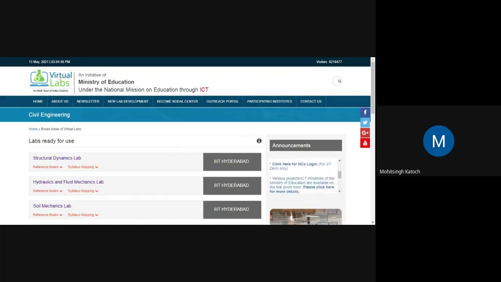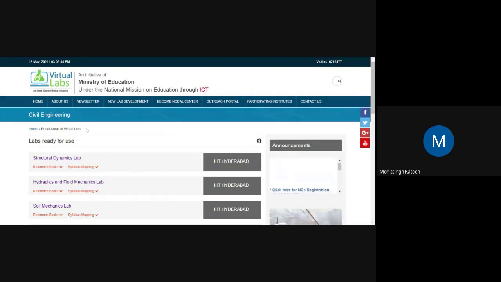Today, we are going to perform a practical of calculating optimum dose of coagulant. For this, we are going to use the platform of Virtual Labs, which is an initiative of Ministry of Education of Government of India. In this pandemic time, as all the colleges are closed, the physical mode of conduction of practicals and classes is not possible. So because of that, this platform has been created to give the students an experience of performing the practicals in virtual mode as if they are performing that in their physical laboratories.